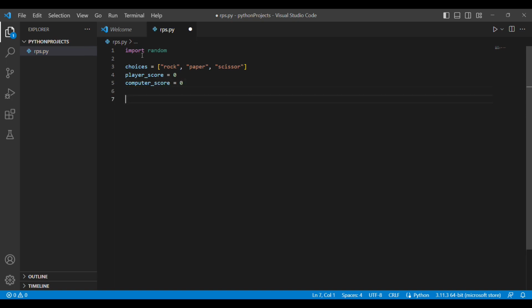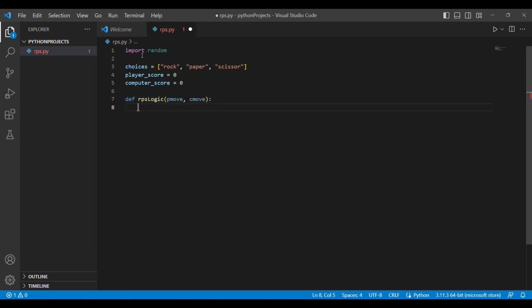Now we can start writing our function. So we're going to start with the logic function. That means it's going to compare the player move with the computer move. So we're going to use the def keyword, and we're going to call it rps logic, and it's going to take 2 parameters or 2 inputs. That's going to be the player's move and the computer's move. So we're just going to call it p move for player move and c move for computer move. So what are we going to do here? We're just going to be comparing these moves.